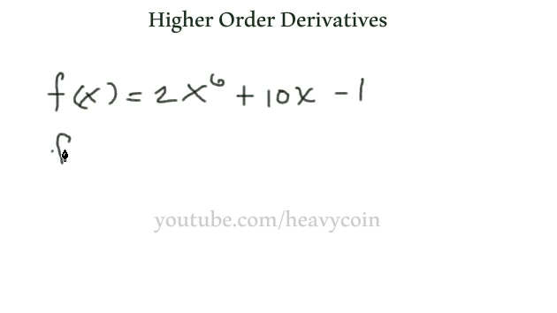And we are asked to find f superscript 4, the fourth derivative. So instead of writing prime, prime, prime, prime, we just put a number 4 up here and we put parentheses around it. And then, okay, so we're asked to find the fourth derivative, but of course